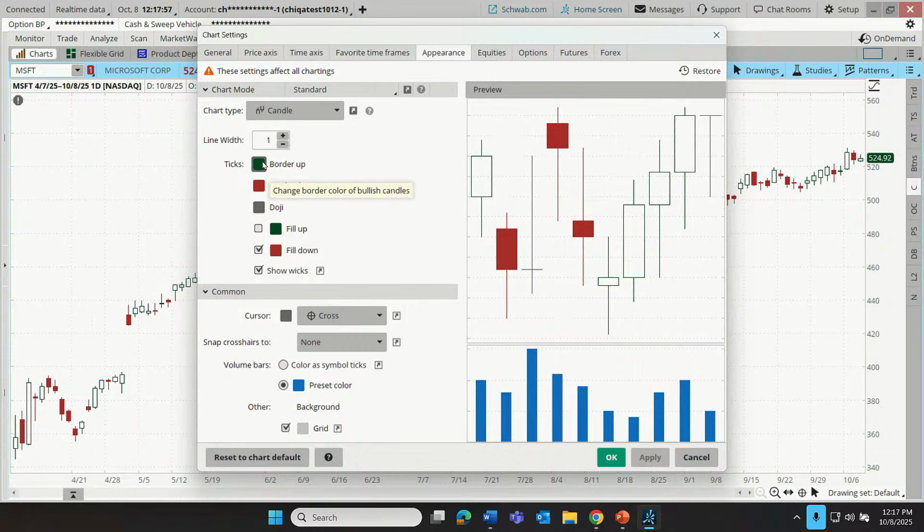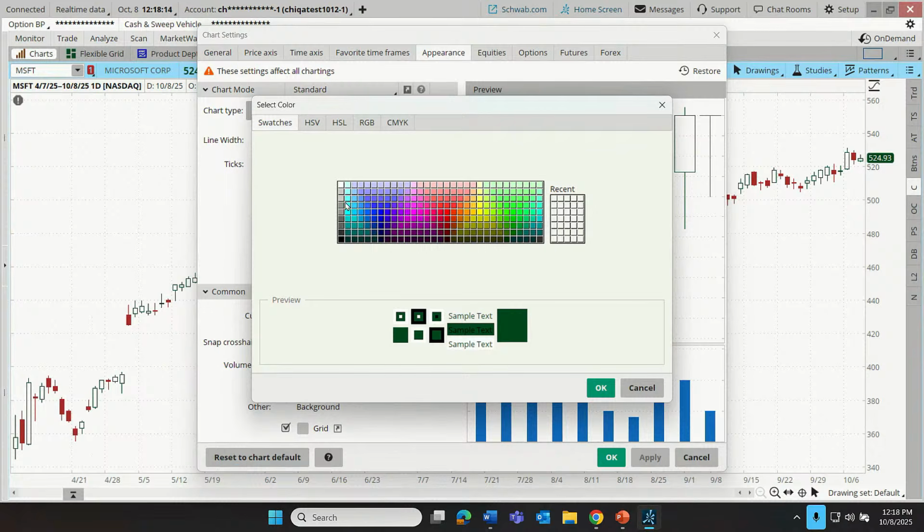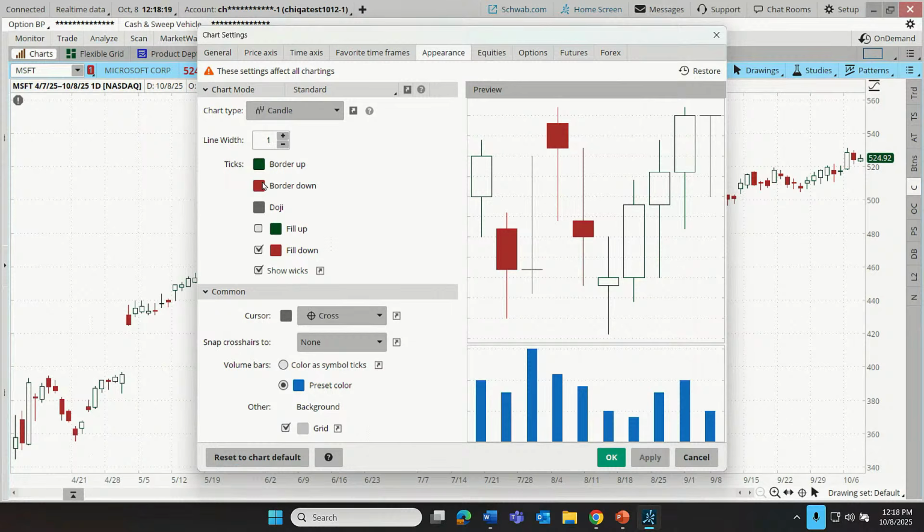So for example, we can set different colors for the border around the candles, for the up days or the down days. By default, it's going to be green border for an up day. It's going to be a red border for a down day. If we have a preference for a different color, we can choose from a default palette here, or get a much more detailed palette by clicking on more. I'm just going to leave those on their defaults, but just be aware that's available. Like for example, maybe I want blue. I don't really want blue, but that's what that would look like, right? I'm going to switch that back to its default.